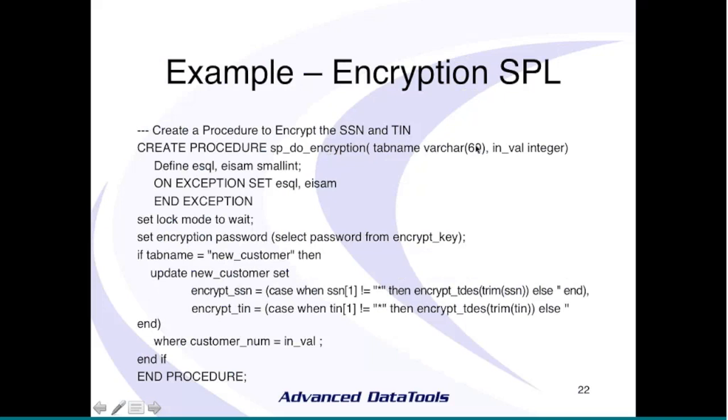All I'm doing is setting up a stored procedure. It gets in a value and gets the encryption password. This could be from a UDR, the CUDR. It could be from another table in the database. And depending on the table, and the reason I do this is we've had one procedure that, depending on the table or the field, could update multiple tables and fields. It encrypts it